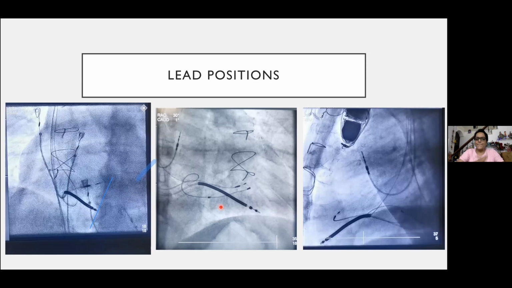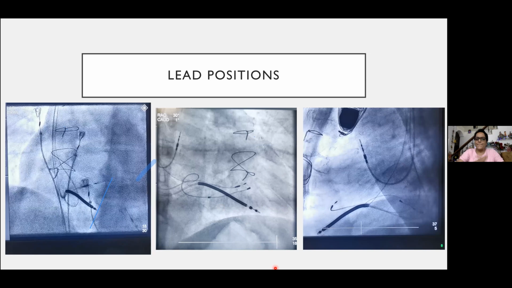So that is why I'm unable to recruit, or to get a good R wave in V5, V6. I don't know exactly what the cause is. But you can see the left bundle lead is quite high. Another reason for not having an R wave from left bundle pacing is if you are pacing the left posterior fascicle. In that case, the first thing to get depolarized will be the lateral wall, and you will have a smaller R wave in V5, V6 as compared to classical left bundle pacing with both left posterior and anterior fascicle depolarization. So maybe that is also one of the causes.